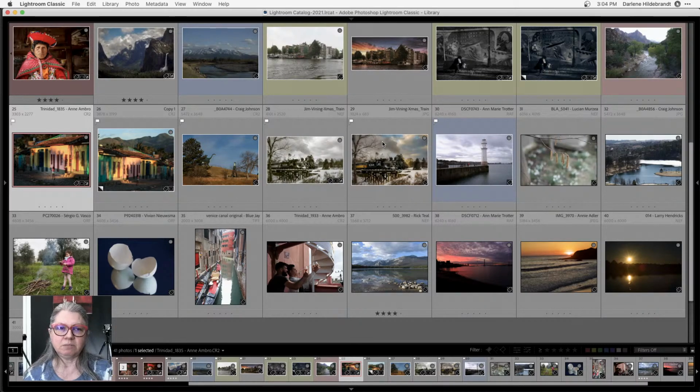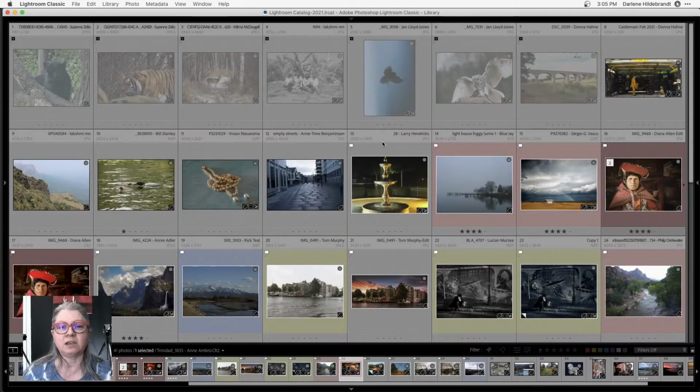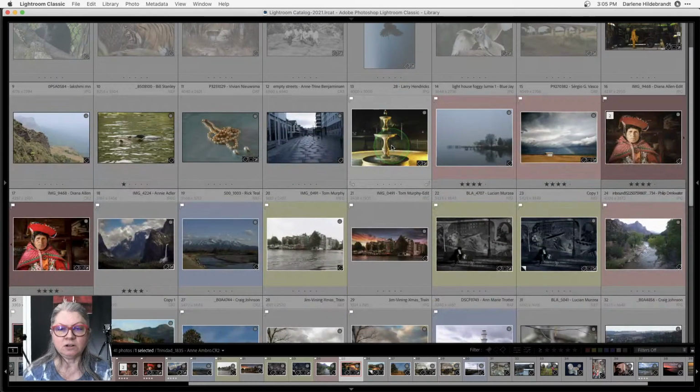Remember, please give me images that are already technically pretty good. Really overexposed or really underexposed, I can't really do much with. If the subject is drastically out of focus, or if it's a JPEG that's really small, so make sure you give me your original camera files, whether that be JPEG or raw. And I have lots of images to work on next week.